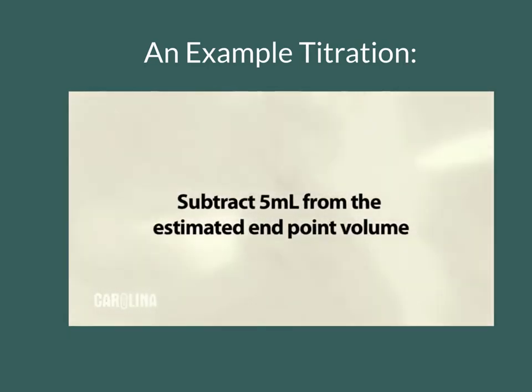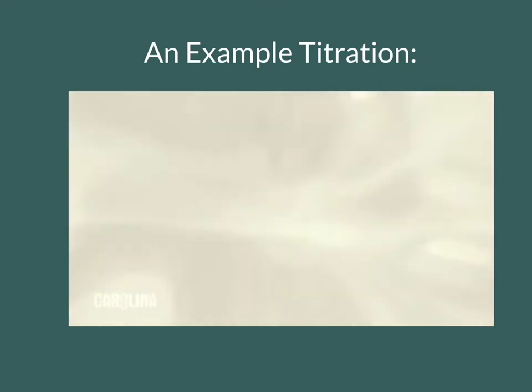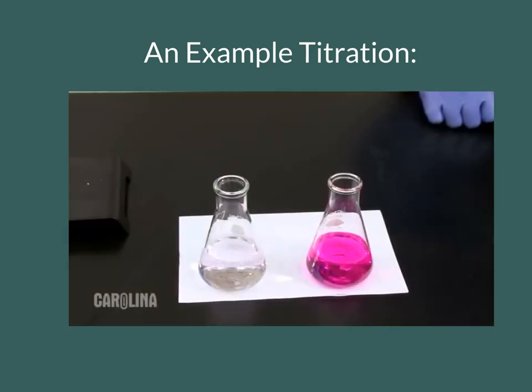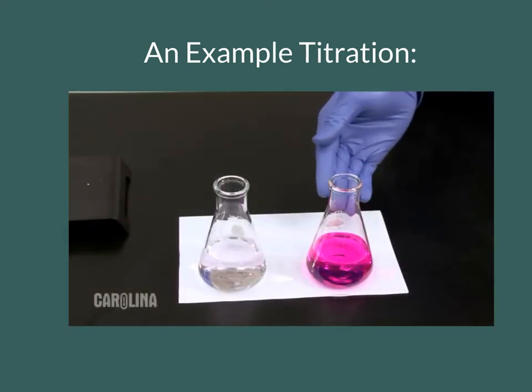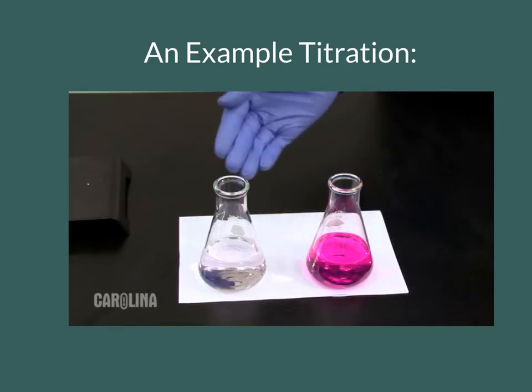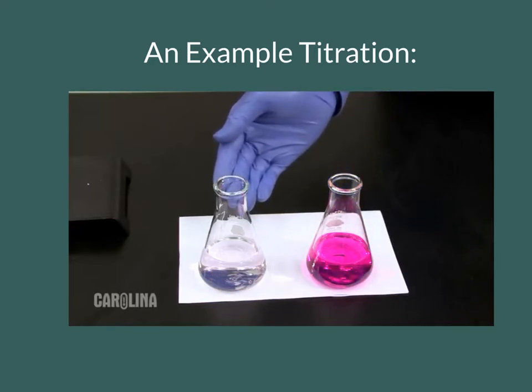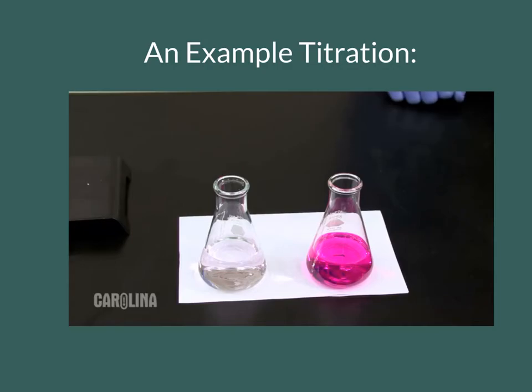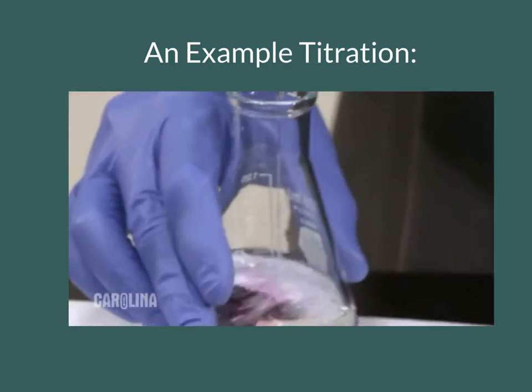Knowing the volume that is a little past the endpoint, subtract 5 milliliters from that number to get the amount of titrant that can be safely added before a slower addition is required. As the estimate titration shows, a dark-colored solution indicates an excess of titrant has been added. The desired endpoint is a pale, faintly colored analyte. To reduce the risk of passing the endpoint,